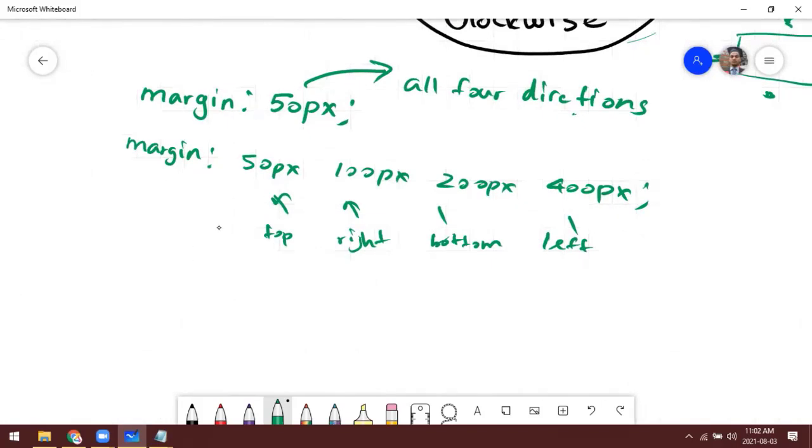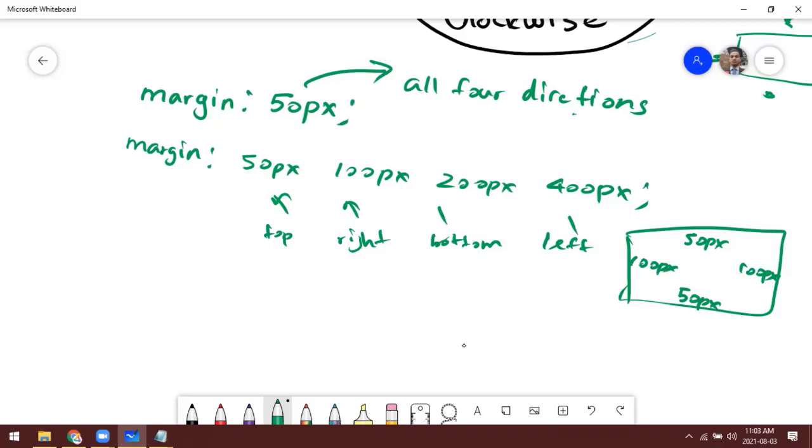This is one way. Another way, let's say in this we want to make top and bottom 50 pixel, left and right 100 pixel.